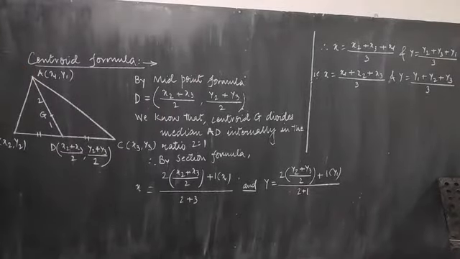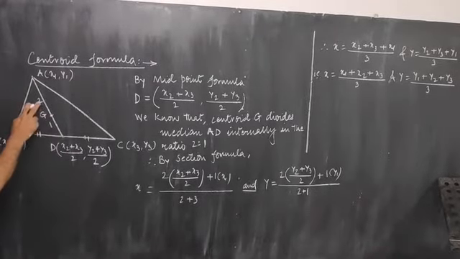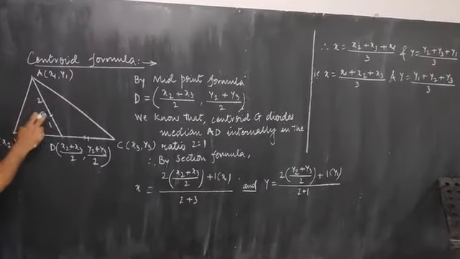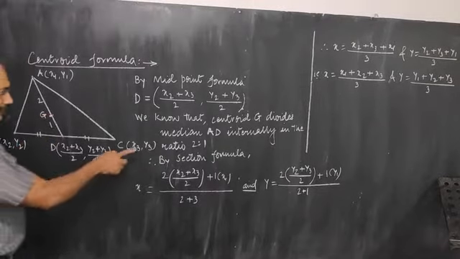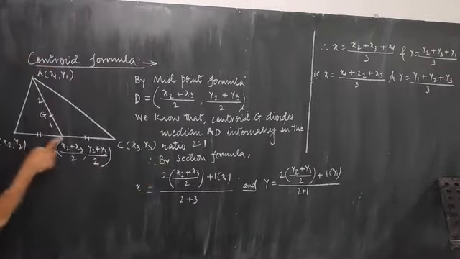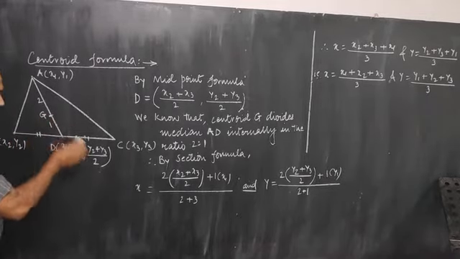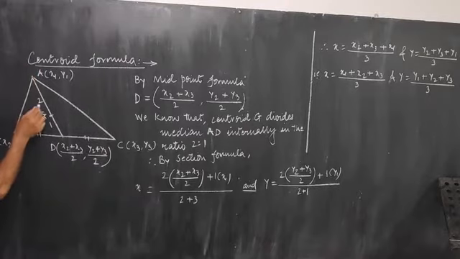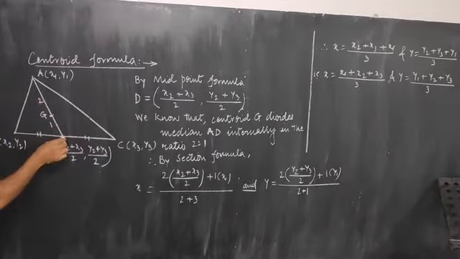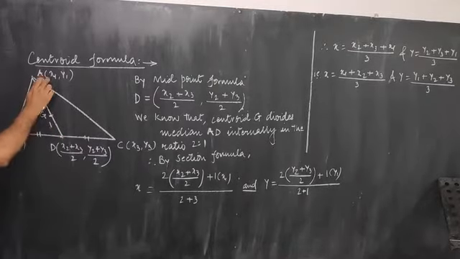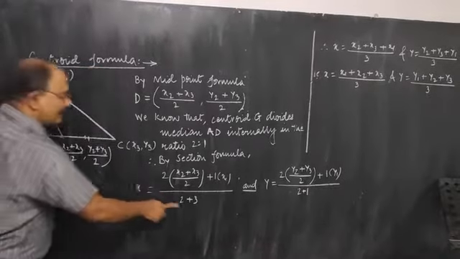Now we know that the centroid divides the median internally in the ratio 2:1. So you know the ratio of division. Therefore, this point can be calculated by the section formula, and therefore we have written by the section formula the x coordinate of this point, that is small x. Okay, I can write x, y here, but we can understand also. This number is multiplied by the x coordinate of this point, so 1 is multiplied by the x coordinate here, so 1 into x1 upon m plus n, that means 2 plus 1.